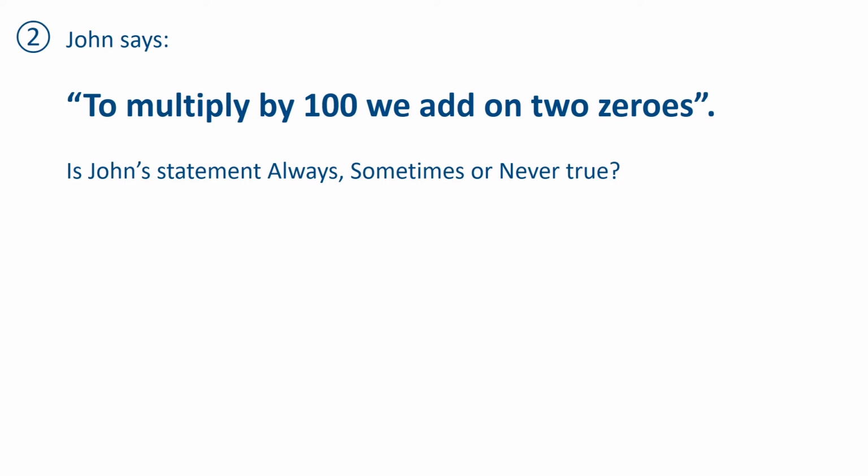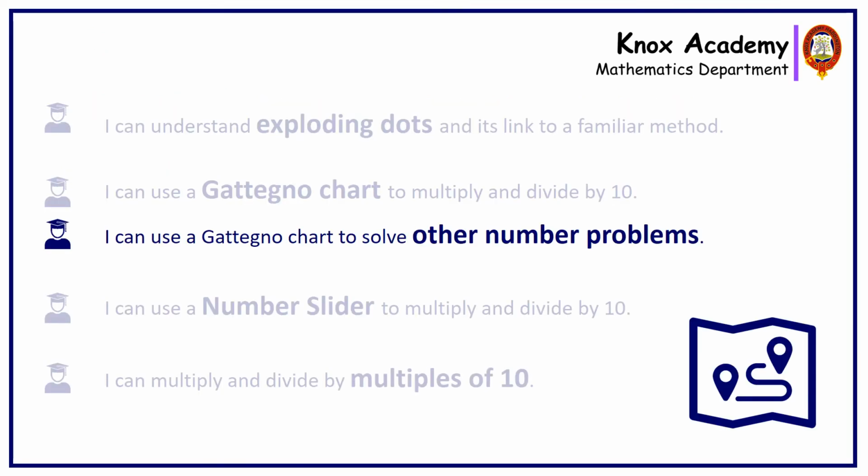For example, 5 times 100 is 500, so it does look like we have added 2 zeros, but we would encourage the explanations to be 2 steps up the chart, for example. So in terms of solving other number problems,